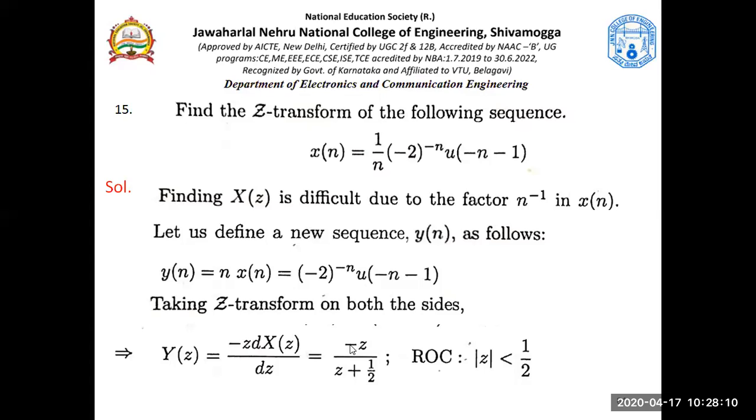Why do we have a minus here? Outside we don't have a minus. That's why this minus has to come here. With the standard sequence, the negative time exponential, if you see it, you will understand this. The negative time exponential says it is minus b to the power n, u of minus n minus 1.